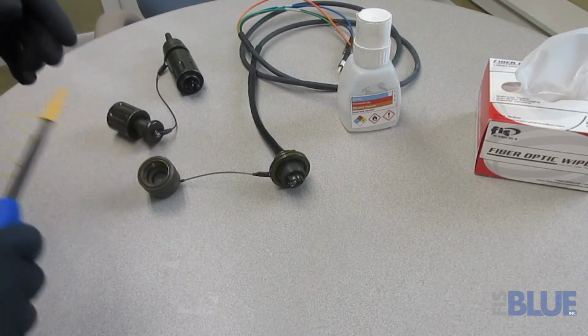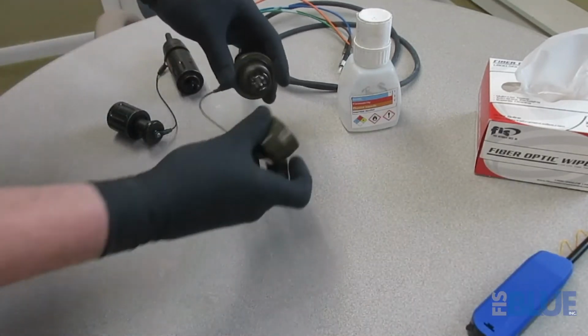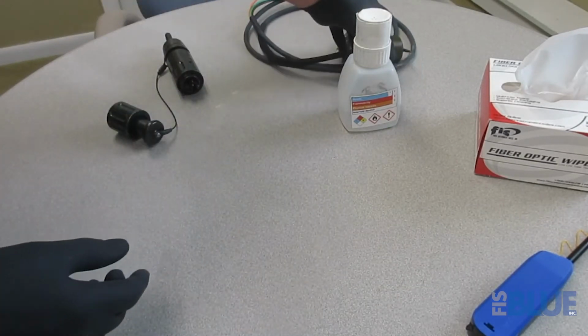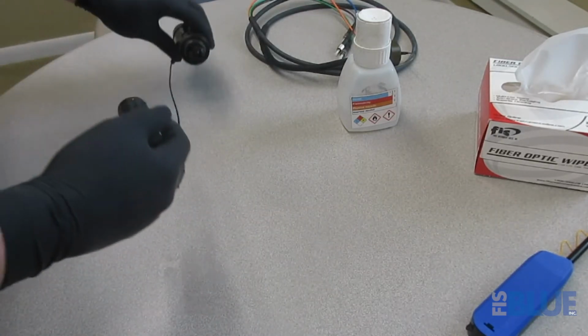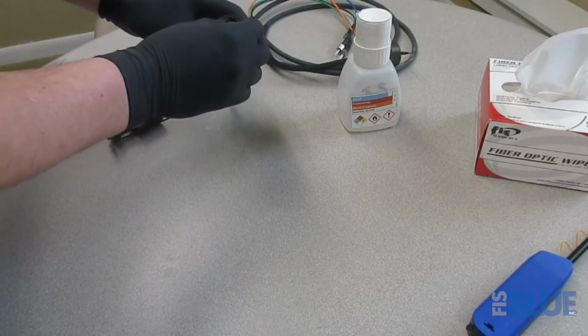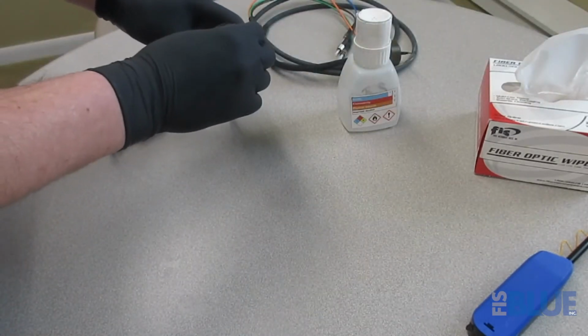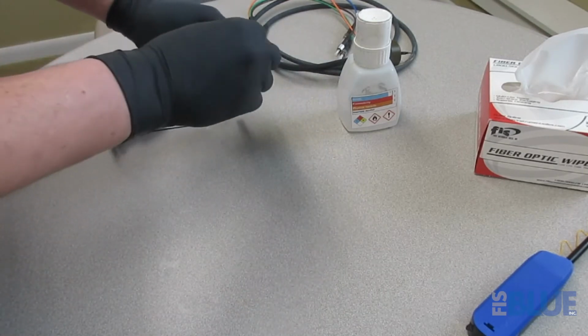Now, you still want to scope each one of these and make sure that they're good. Let's say you take a look at them and there's a little bit of stubborn dirt, debris, maybe some oil or something on there. You want to get in with a little bit deeper of a cleaning. Problem is, this insert here is in the way in order to get in with some alcohol and a wipe. So you remove the insert, use an Allen key, and just pull these screws out a little bit so that